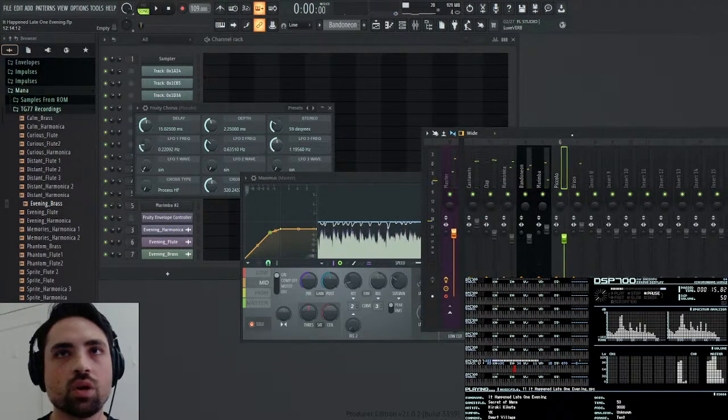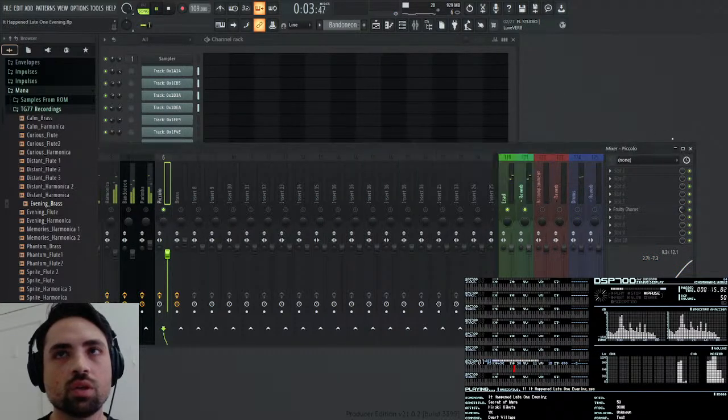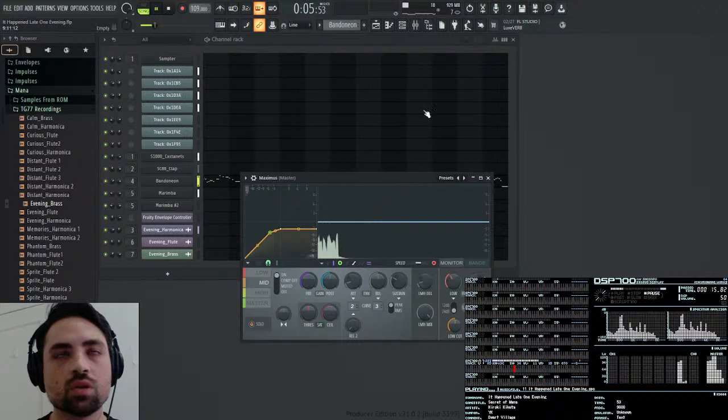And actually, there's an annoying frequency in the flute that I want to kind of remove. Let me see. I want to dip down a bit. Let me unsolo this.